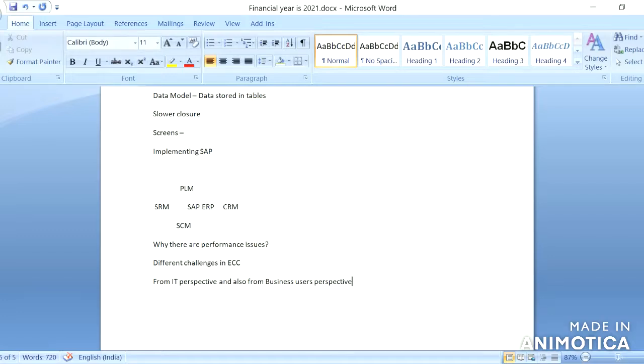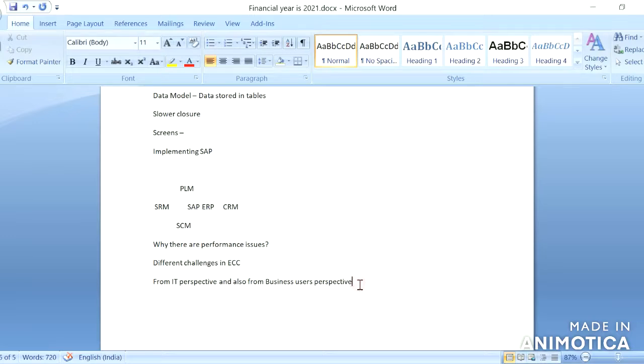From the IT team, what might be the challenges, and from the business users, what are the existing challenges in ECC. So how do they overcome all those problems in SAP S/4HANA. If you understand this, we will easily understand why they have implemented Simple Finance and enhanced it with SAP S/4HANA.